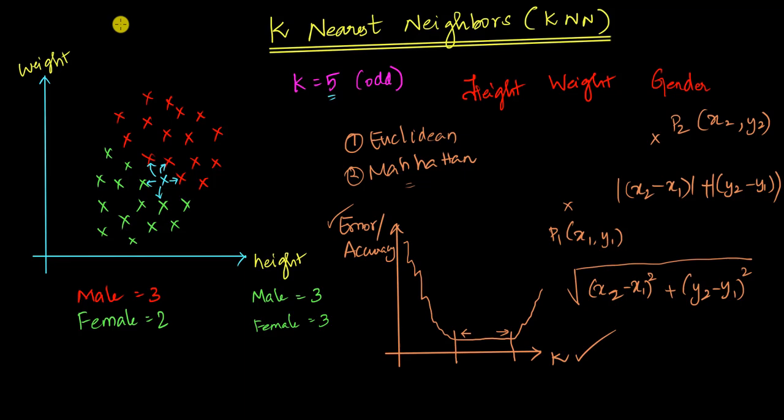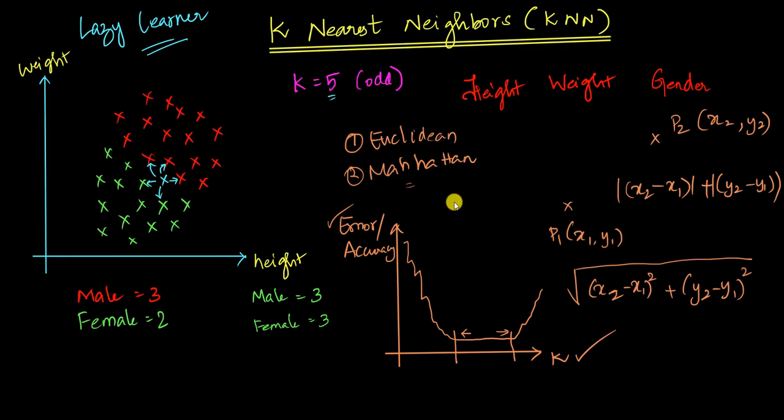And one more thing that we need to make a note of is that this k nearest neighbor is also called a lazy learner or a lazy algorithm, because whenever you train this particular model with your data set, it doesn't learn anything at that time. It just memorizes the points, the coordinates, and the algorithm works only when a new point comes into the picture. That is why this is called a lazy learner.